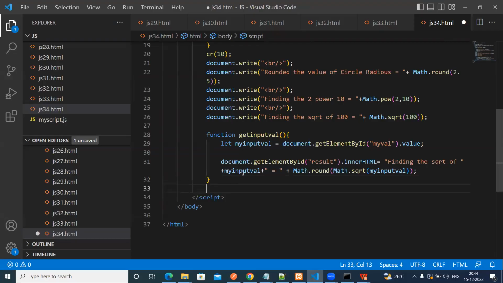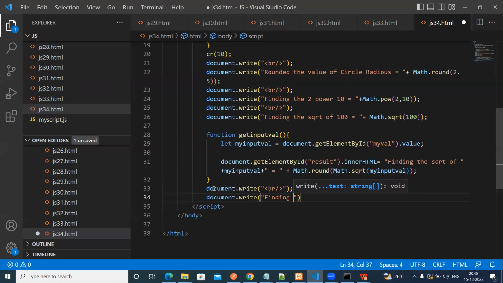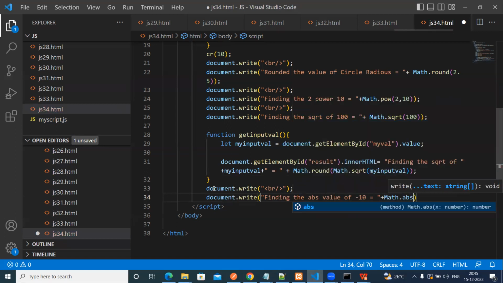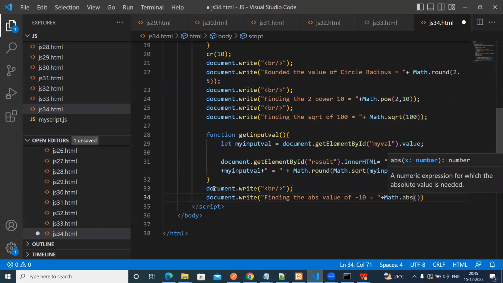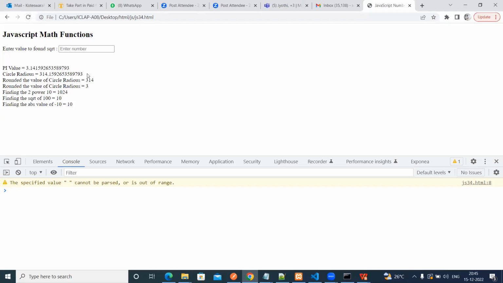Next one is document dot write. Finding the ABS value of minus 10 equal to, plus math dot abs. Abs means absolute, so then minus 10. Okay, now you can see, minus 10 is 10. Clear? So the next method is